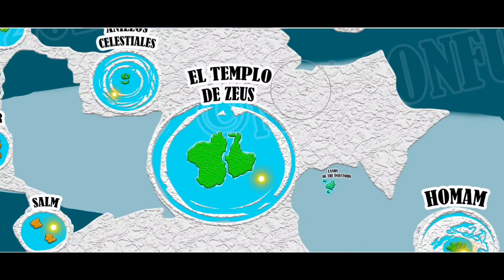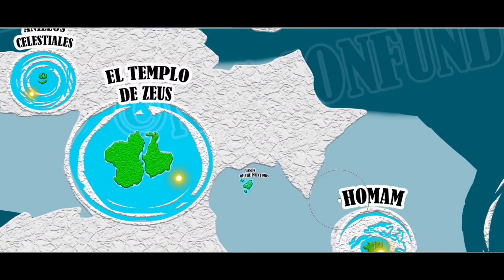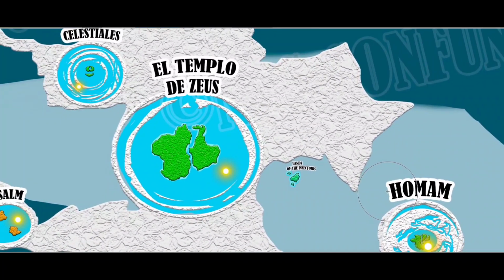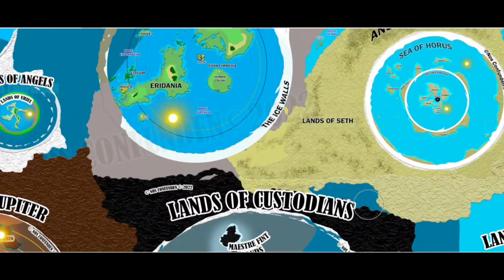And this could be the Temple of Zeus, because it's highly protected. It's full of vegetation, it's full of life, it has even some ice walls to it, rings, it's got a sun, it's got everything that you would want for life to exist in it. So to me, this seems like a possibility of a place where humans, us in the past, would erect a temple for Zeus, and he made a plane of existence of its own, or found it to continue existing in, and maybe brought all the gods with him. This could be the thing.